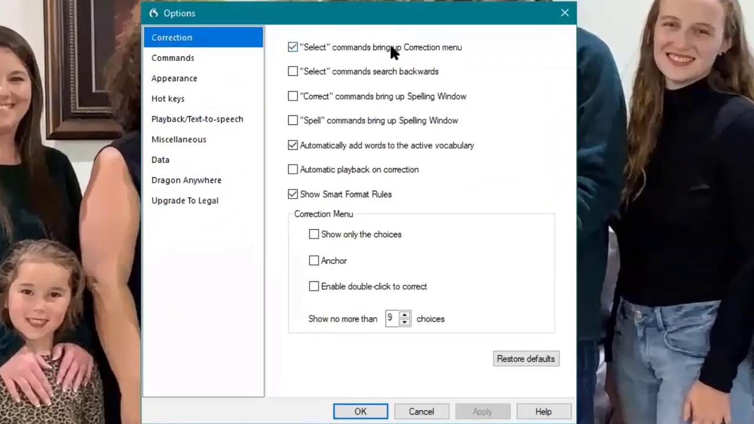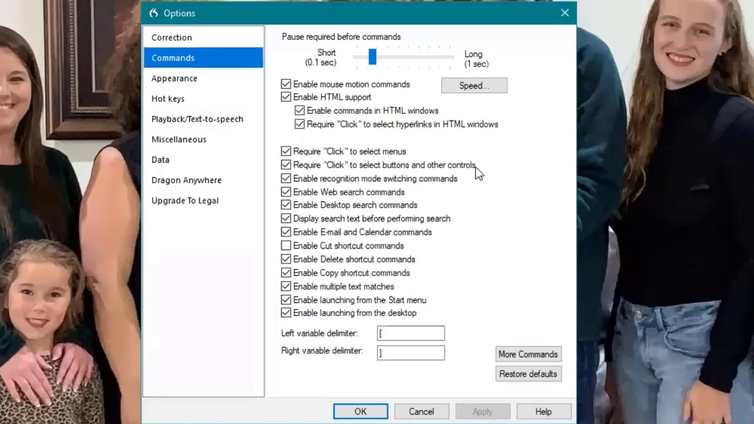we're going to go through our options, and I'm going to try to go slow because I usually go very fast. First of all, here on the correction screen, I only want automatically add words to active vocabulary and automatically playback on correction checked. Everything else here should be unchecked. Okay, I click on apply. I'm going to go to commands, which is the next option in the list. And on this screen, everything should be unchecked. It would be really nice if it had an uncheck all feature, but